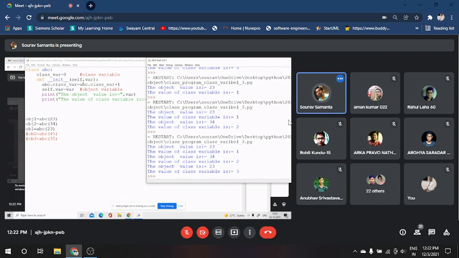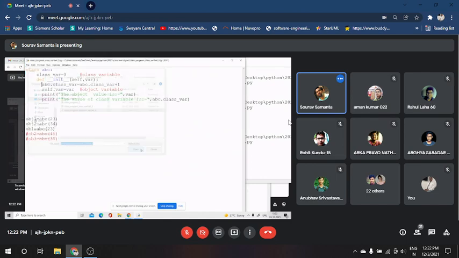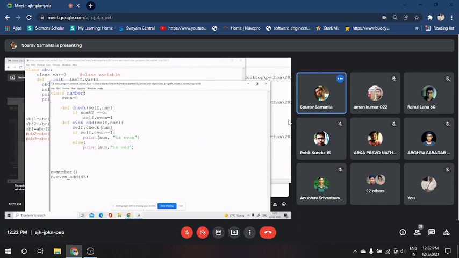So in another program, this is something different. Here you see, we have taken one variable, even equal to 0. Basically we want to create one object.